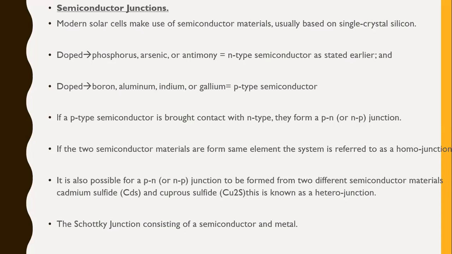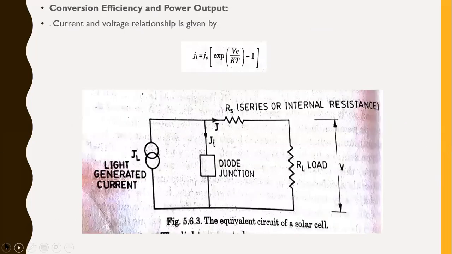In this Schottky junction, photovoltaic cells are made of amorphous silicon, because it is more efficient than the homojunction formed by a PN cell of the same material. So instead of making a PN junction, if you make a Schottky junction, it will work more efficiently, because only a thin layer of amorphous silicon is needed.